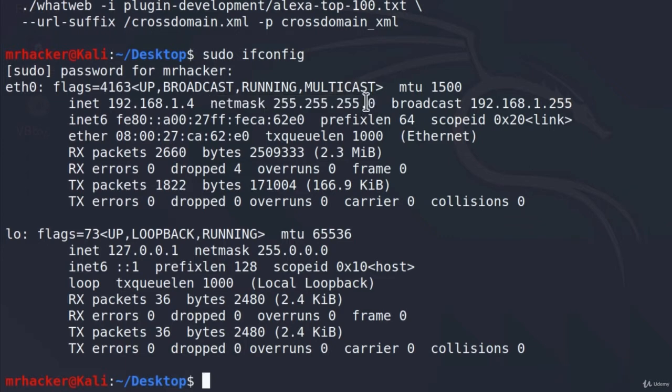255.255.255.0. The subnet mask right here means that only the last octet of my IP address is changeable, which is this last number. So these first three octets or these first three numbers never change in my home network. This also means that the range of IP addresses that belong to my network are going to be from 0 to 255. So basically the range of the IP addresses that my network can have is this one,